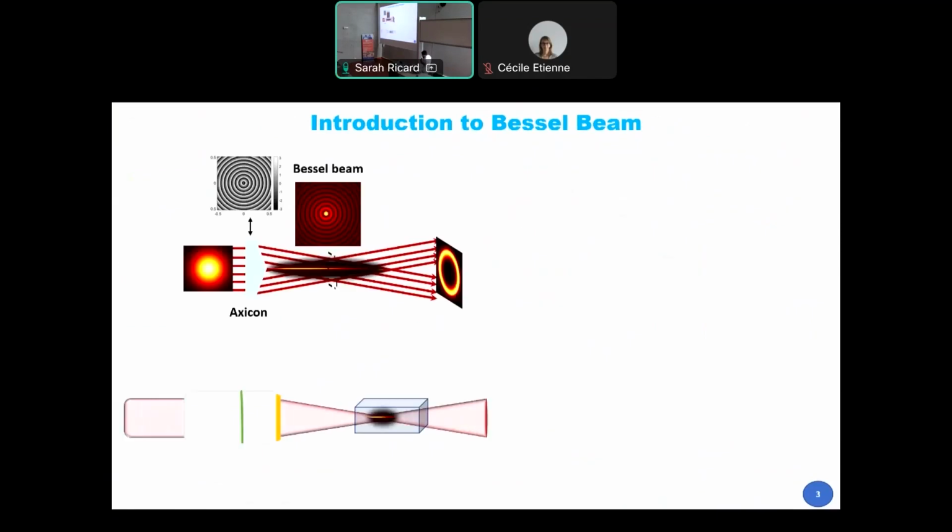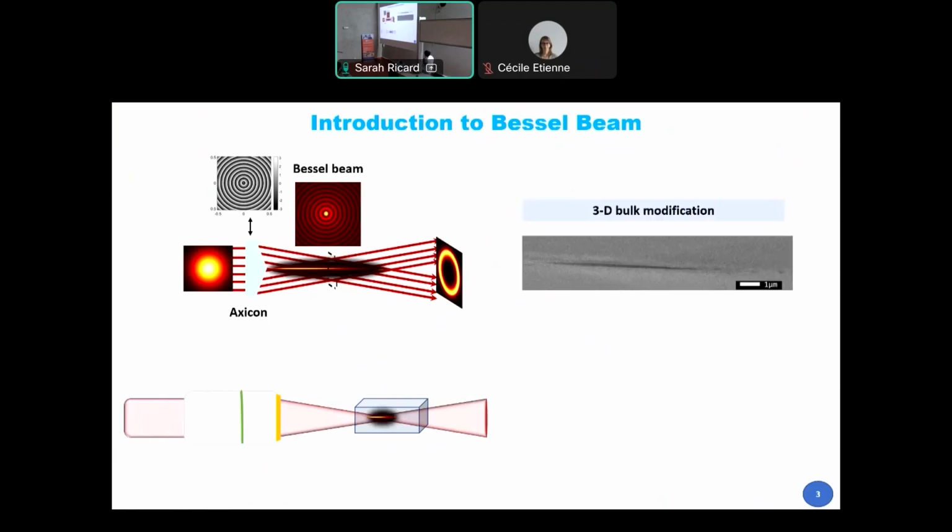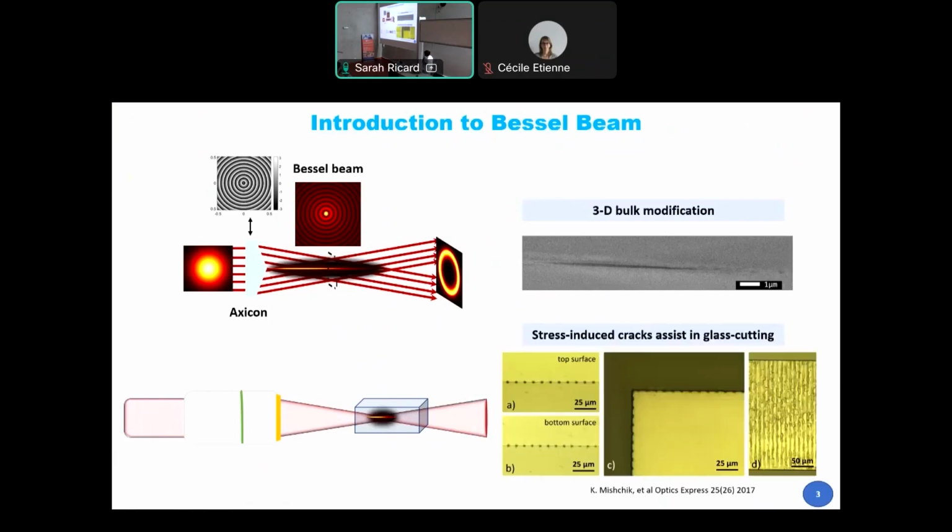Bessel beam is a non-diffracting field which can be generated by the axicon. The axicon mainly introduces a conical phase into the plane phase of the incident field, and it can produce an extended depth of focus. This extended depth of focus can be used to create a 3D bulk modification of higher aspect ratio. This aspect ratio has reached the order of 100,